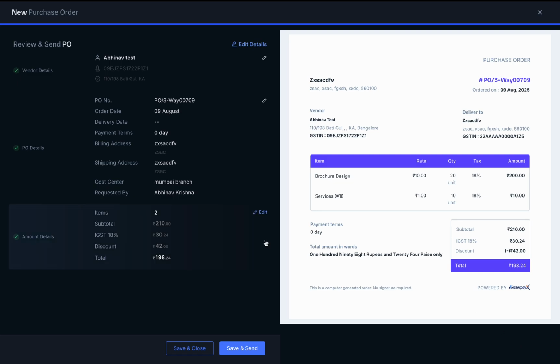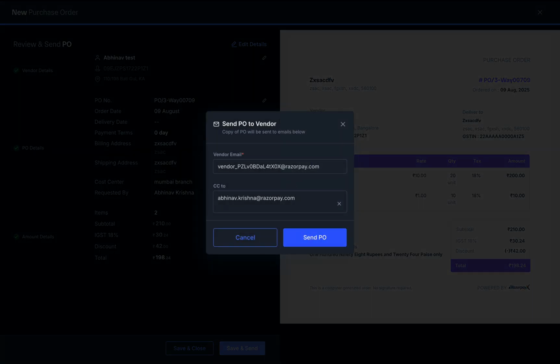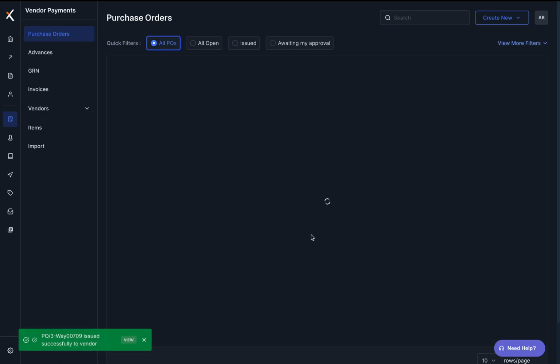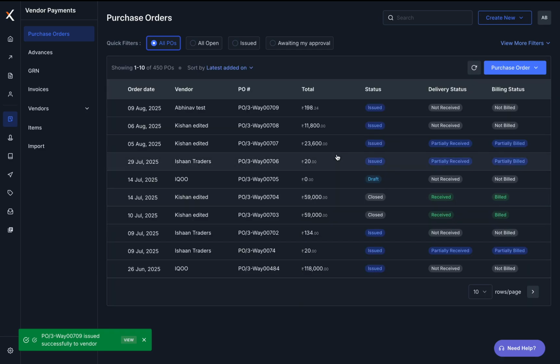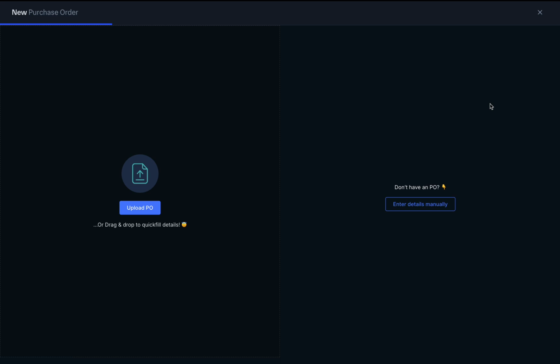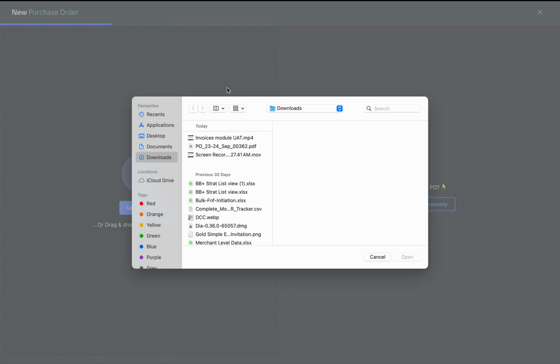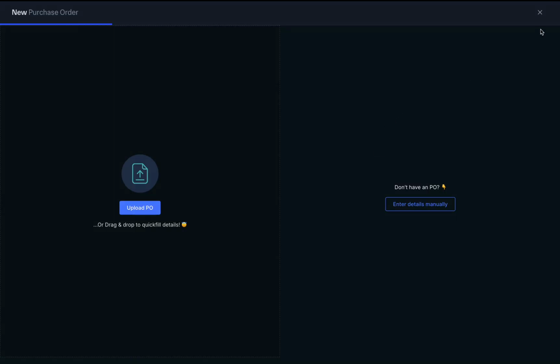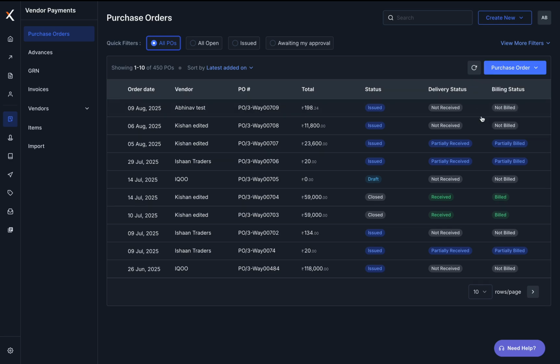Okay, this looks good. This mostly looks good. I can save and send, and I've sent this to, oh, okay, PO has been successfully created. I can upload existing PO. I don't have an uploading PO, so I'll probably skip that. Bulk upload PO is also good. I might be able to check